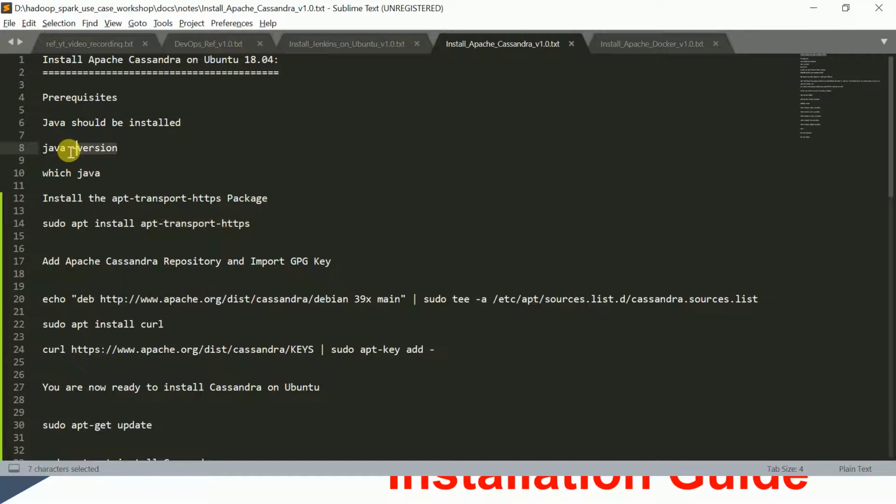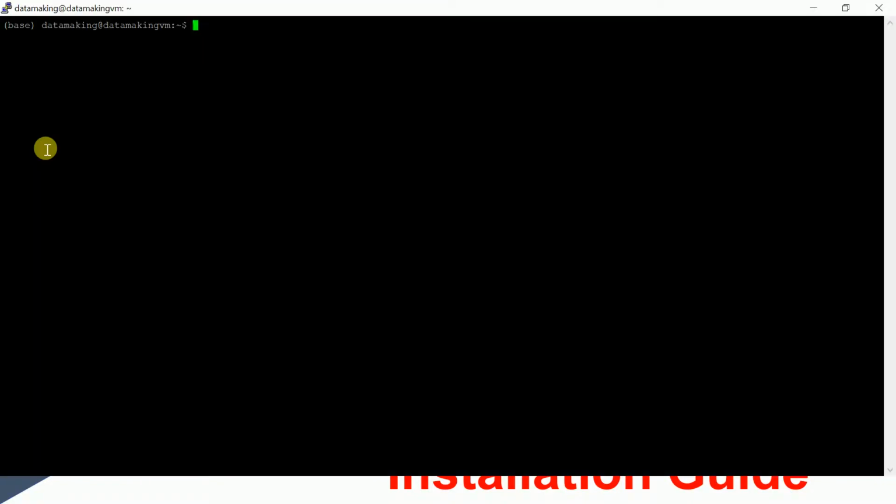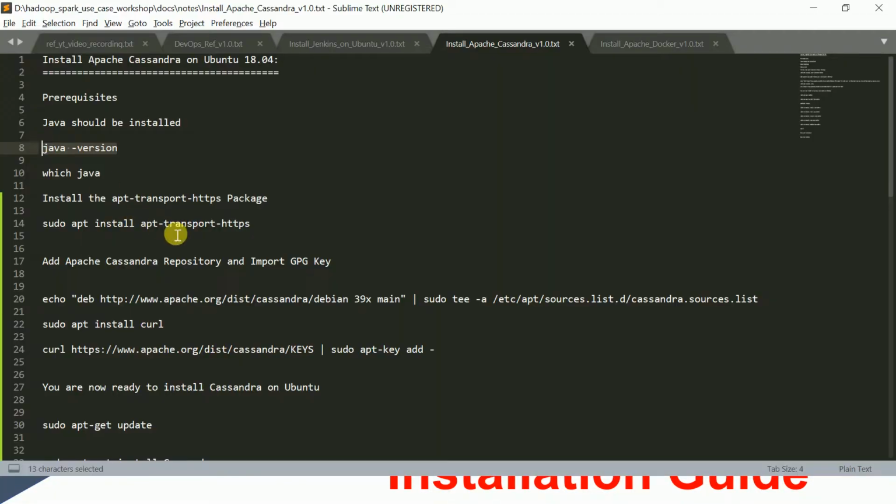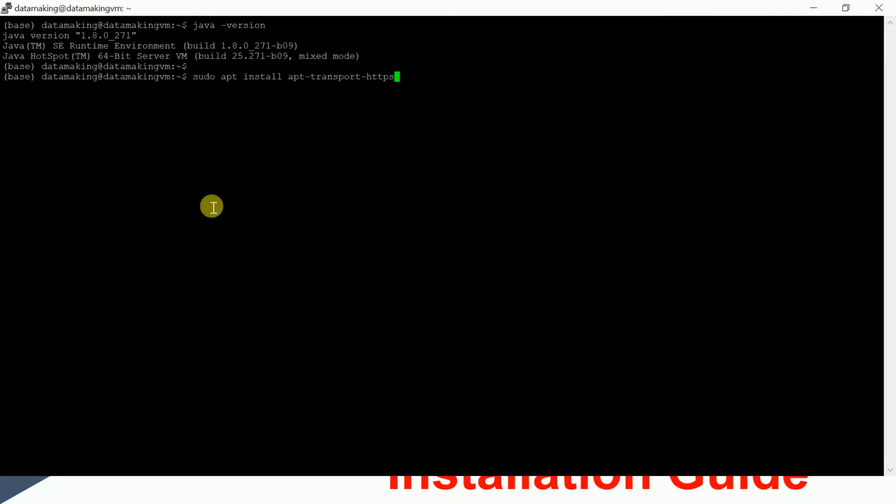Let us check the Java version. I've already installed Java. If you have not installed it, please follow the instructions in my previous videos on how to install JDK 1.8. Once JDK is ready, you can install this package to download a repository from the web.